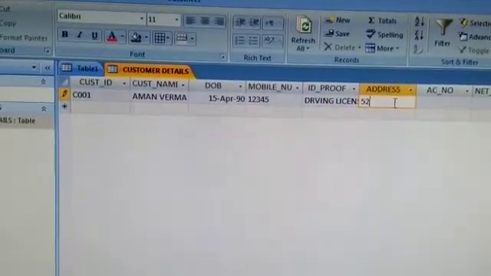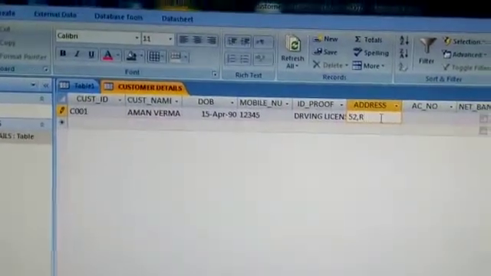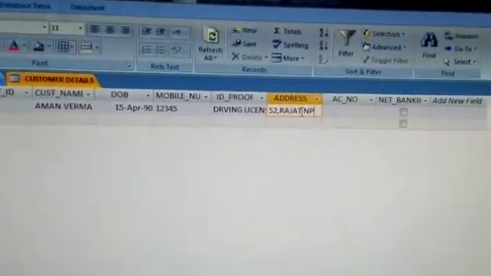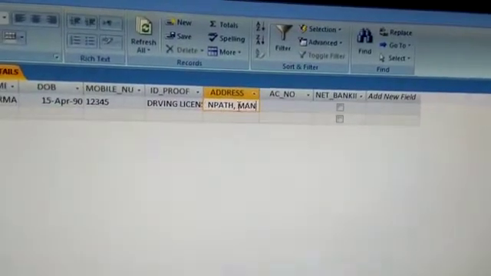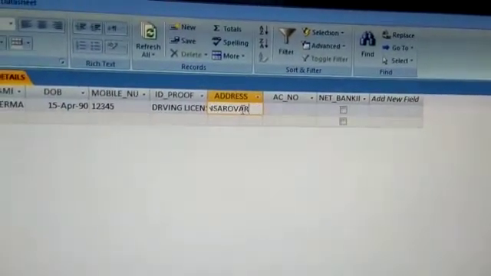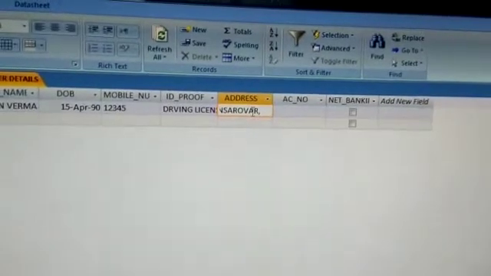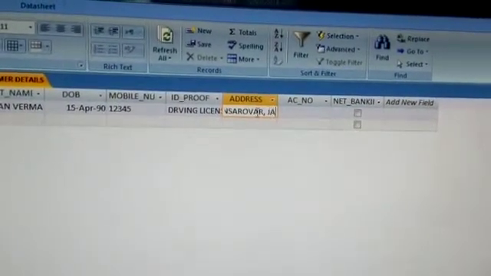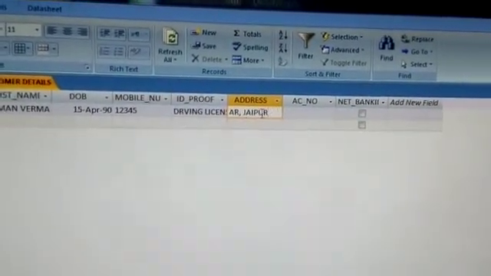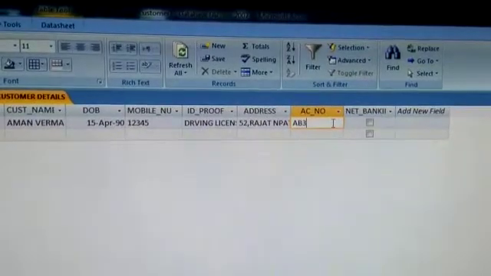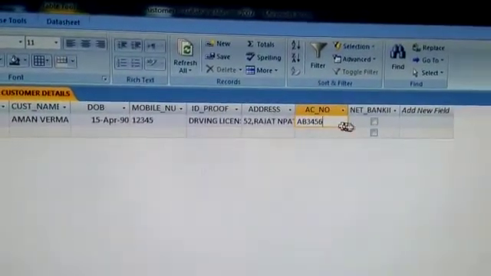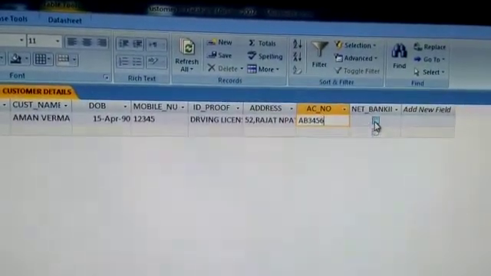Suppose it is 52 Rajat Path, Mansarovar, Jaipur. Account number AB3456.